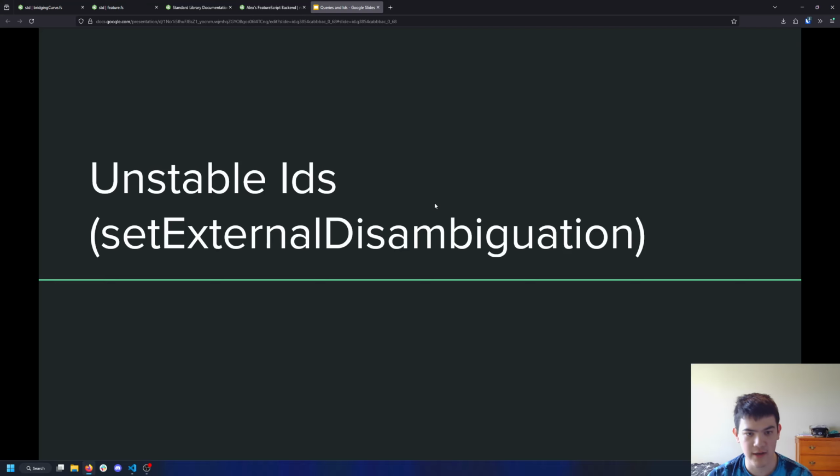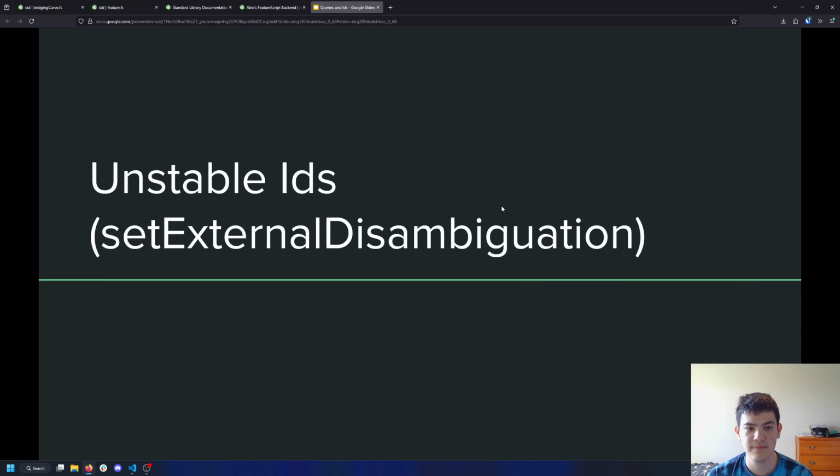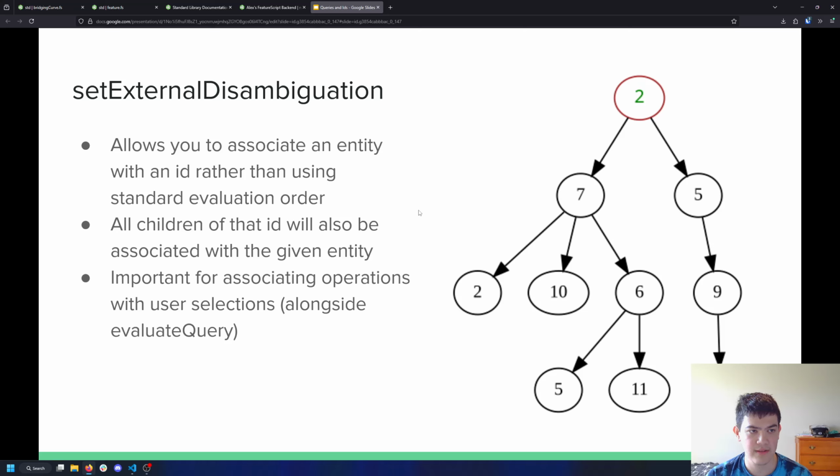So now moving on. Next we'll talk about unstable IDs. The function to think about with unstable IDs is set external disambiguation, which is that low-level function that operates. All set external disambiguation really does is, instead of using feature evaluation order to determine the stability of a given ID, use something else. So for example,